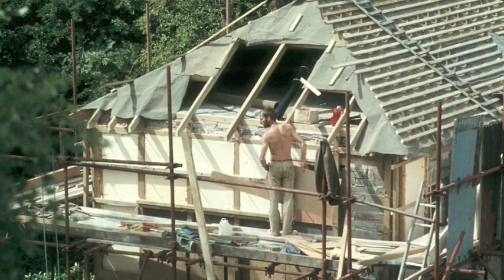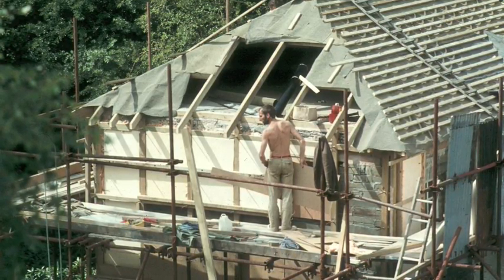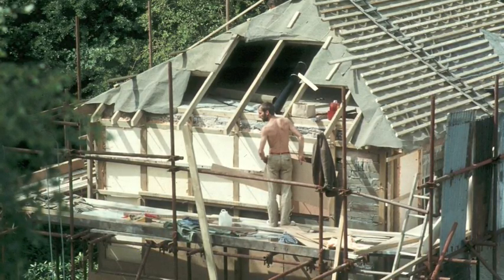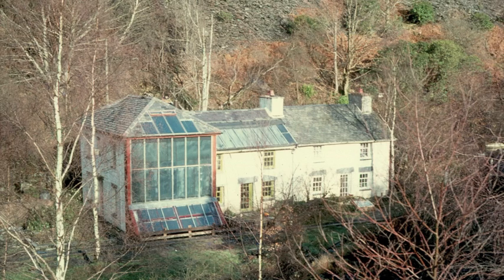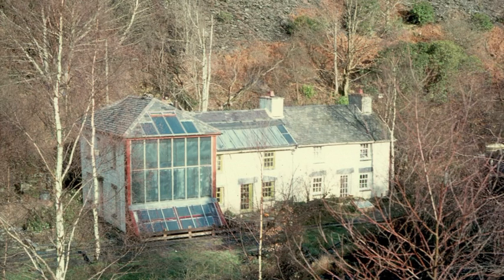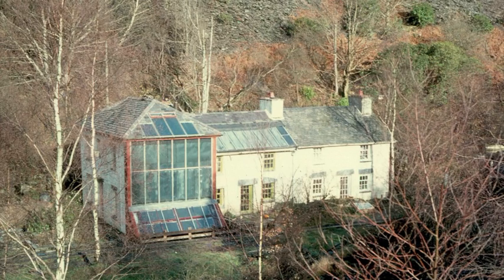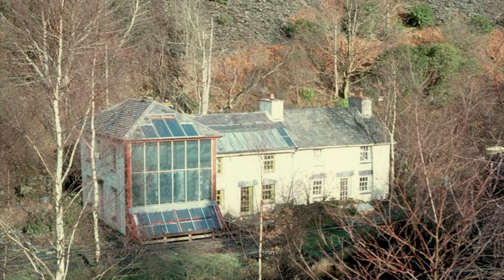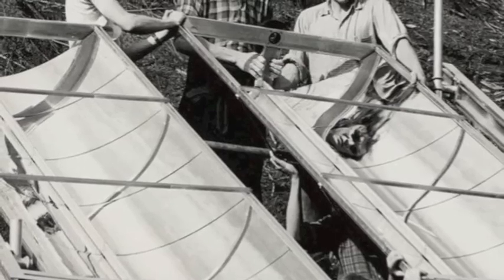If you stand there and look out and pretend you're a solar collector, you just see trees. So we did a little bit on the roof, and that in fact collected more solar energy than the whole of the solar wall because it was facing the sky. So there was a basic problem with it, but it worked for a bit. I think Bob measured it, it did about 40% of the heating of that cottage, but you know, it was another grand failure really,